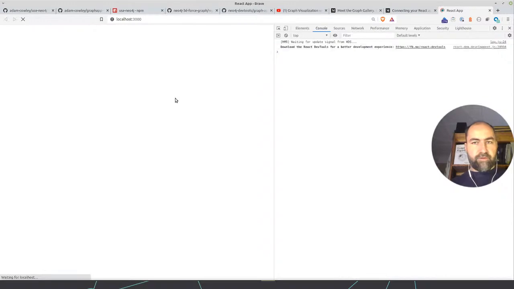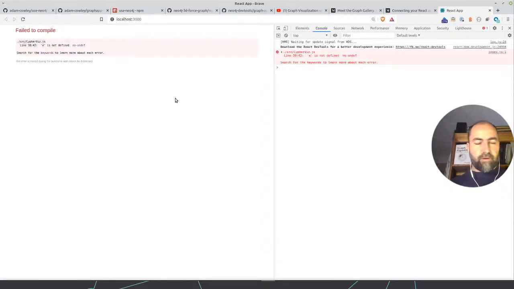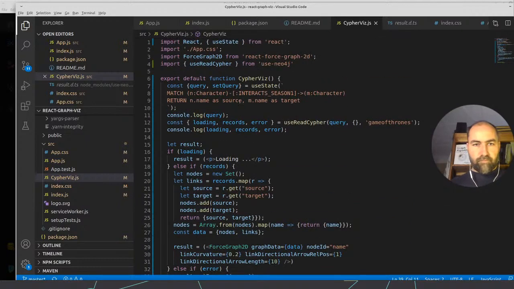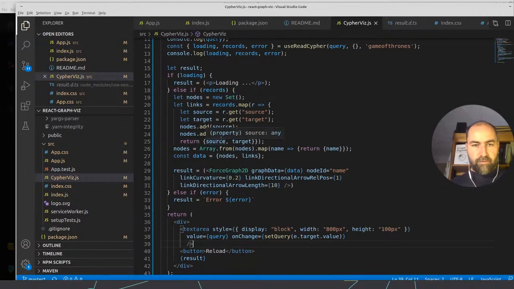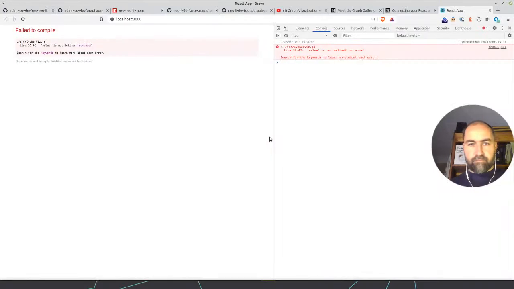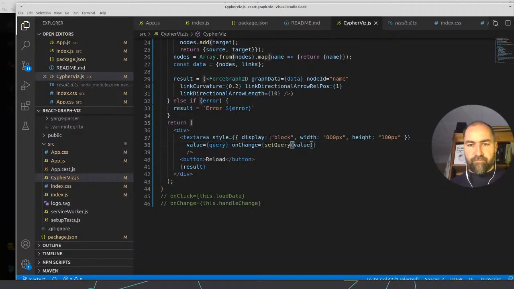so what happened here? Line 38. Line 30. Set query. e.target.value doesn't exist, so either just value doesn't exist either.